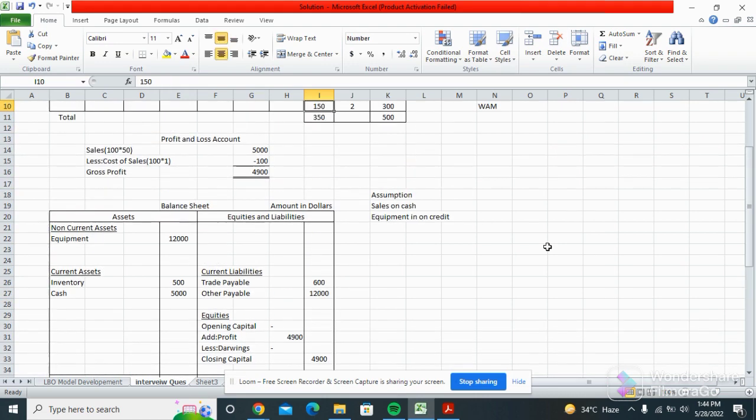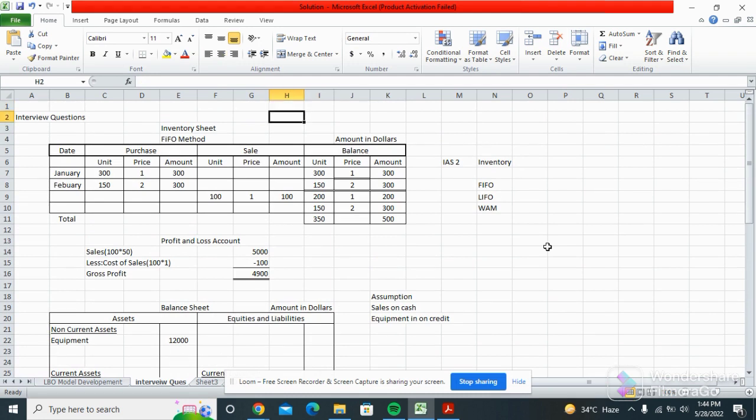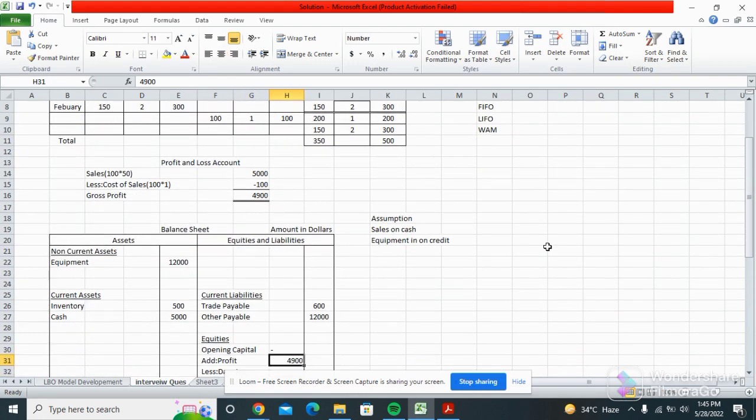So basically, here I have mentioned all the changes in the three statements, that is the inventory sheet, profit and loss account, and balance sheet. I have assumed that because it is inventory, it is related to IAS 2 inventory, and that the FIFO method is used to value all these current assets. After that, I have assumed that sales are on cash, and secondly, the equipment is purchased on credit. Okay, so now